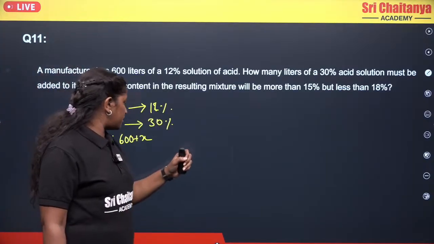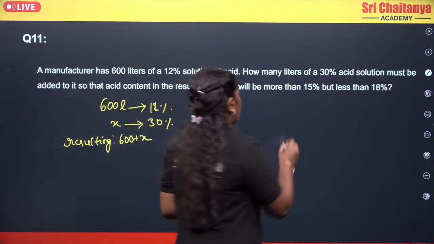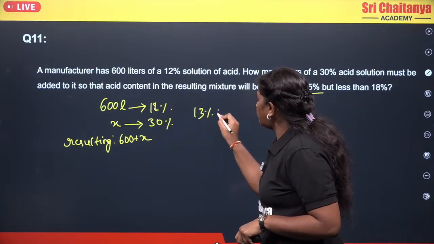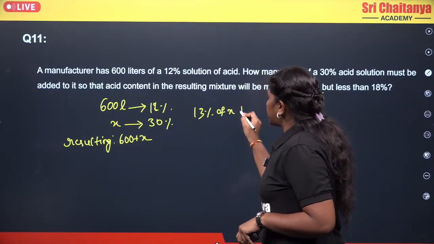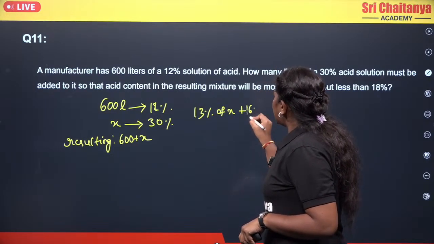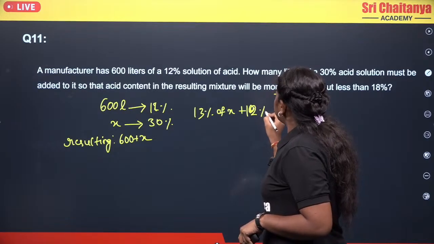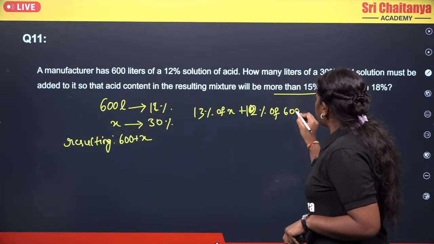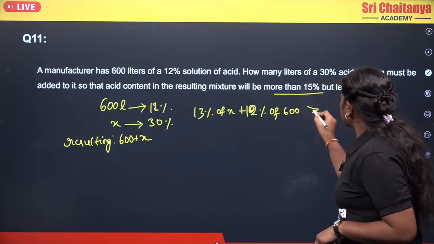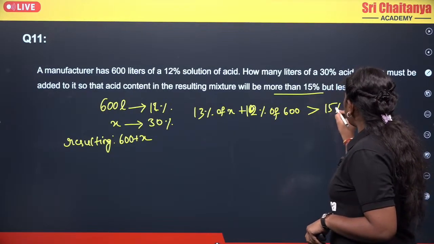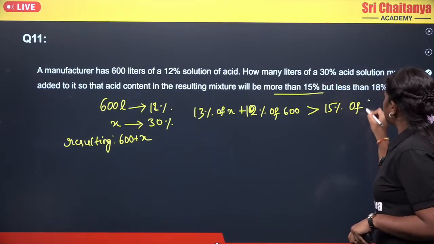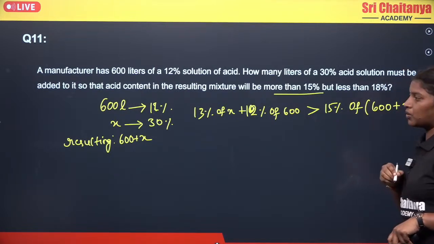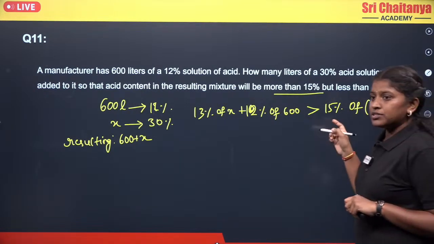So here if you observe, now more than 15%, how can we write? We can write 13% of x plus 12% of 600 should be more than 15% of the resulting. So that becomes your 600 plus x. Okay, so now if you simplify this,